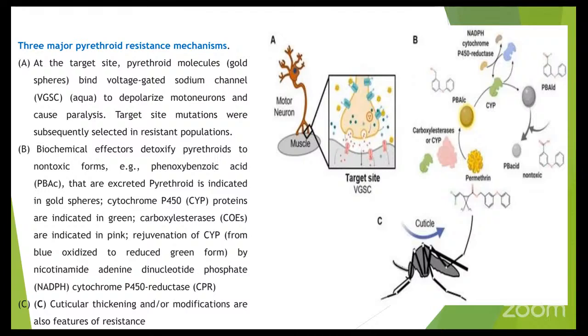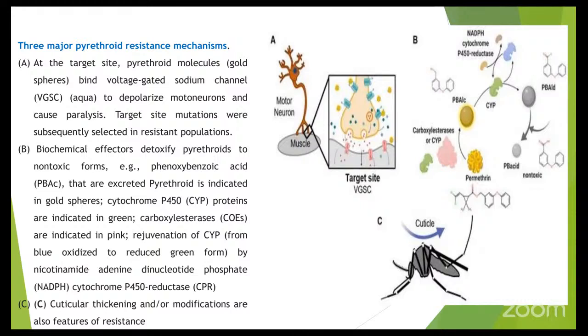And in the B figure, now we can see the biochemical effectors which detoxify pyrethroids to non-toxic forms, how it's getting detoxified with the help of the CYPs. The excreted pyrethroid is indicated in gold spears. Here the CYP proteins are indicated in green and carboxylesterases are indicated in pink. And rejuvenation of CYP from blue oxidized to reduced green form can be seen here by nicotinamide adenine dinucleotide phosphate,